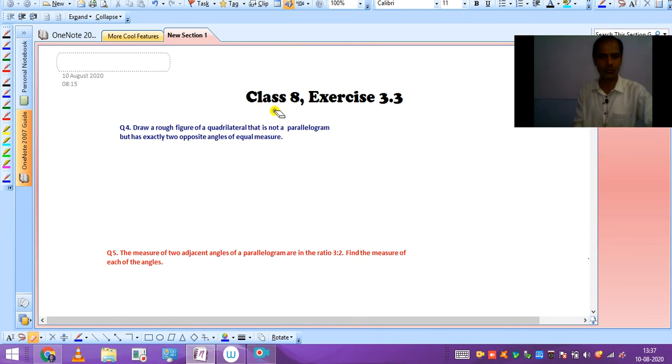This exercise is related to quadrilaterals and the properties of quadrilaterals, related to the sides and the properties related to the angles. Maybe the question is related to a parallelogram, a rectangle, square, rhombus or kite, or maybe sometimes trapezium, because all these are the types of a quadrilateral as they are made by 4 line segments.